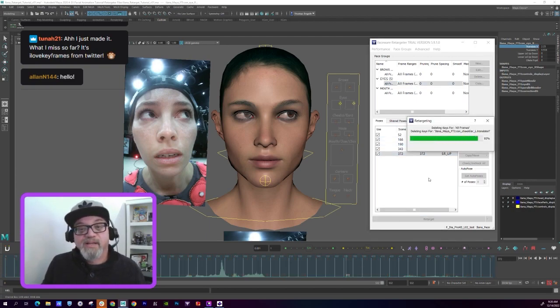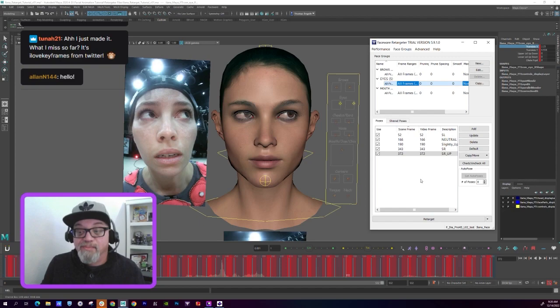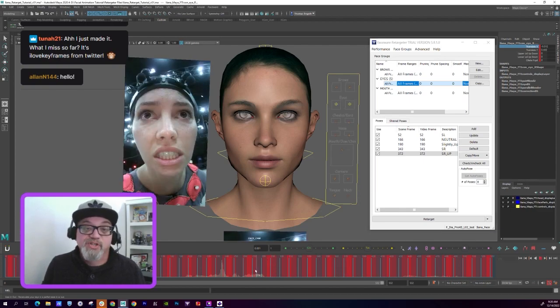So it's a lot of this, and for the eyes and the brows, there isn't as much that you have to do. But when you get to the mouth, that's when you can really get into the nitty gritty of it, and there's lots of poses that you can put in and shape it the best you can. Because the idea with retargeter is you want to get it most of the way there. The reason we use this program is that in video games, the cinematics are long. When I was on God of War, there were some shots that were 10,000 frames long because there are no cuts on the cameras. You have such a long shot, there's no way you're going to hand key the entire thing